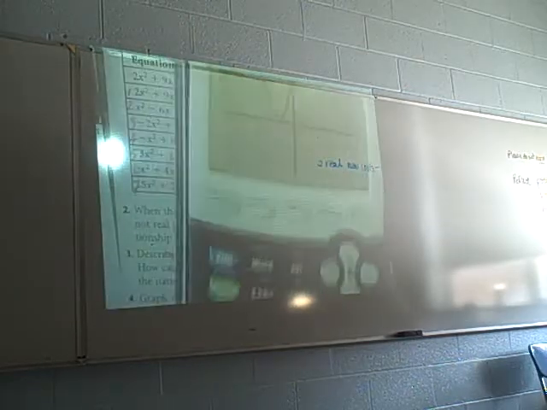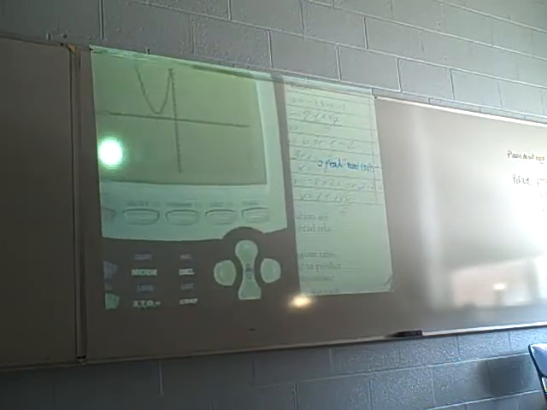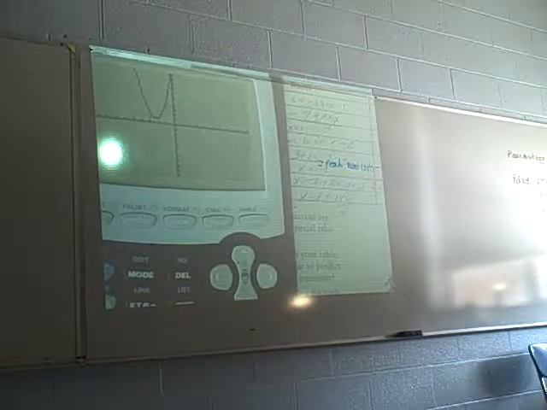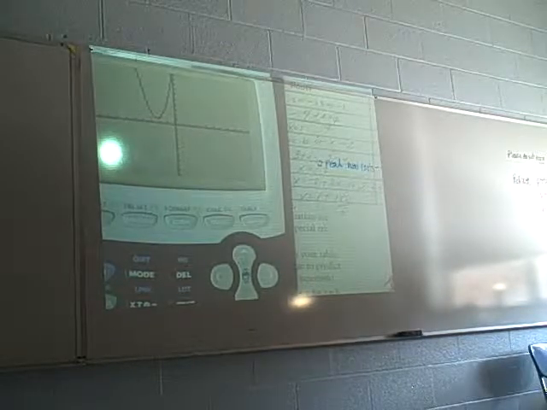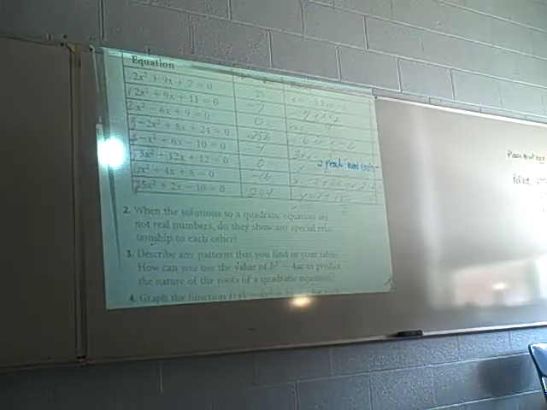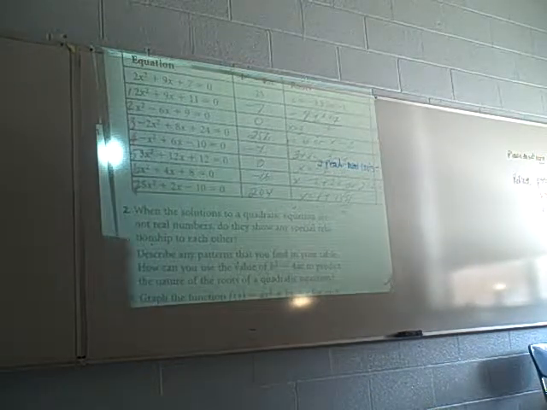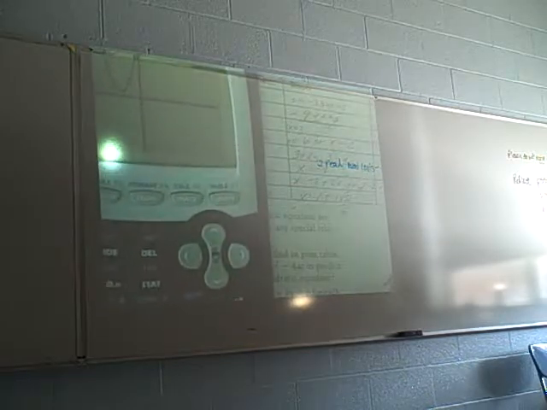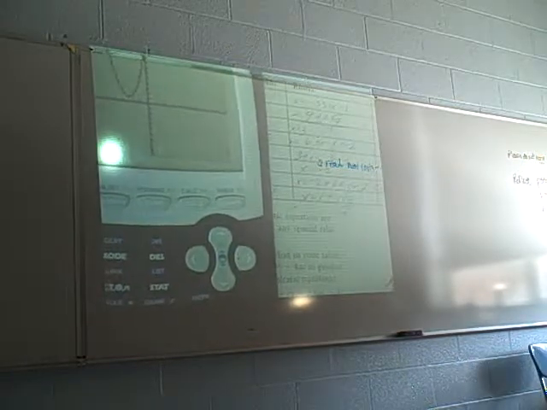When I graph that, is it touching the x-axis? No. Does it have 2 real roots? No, it's complex conjugates. They're real, they just don't cross the x-axis. Why don't they cross the x-axis? Because they cross